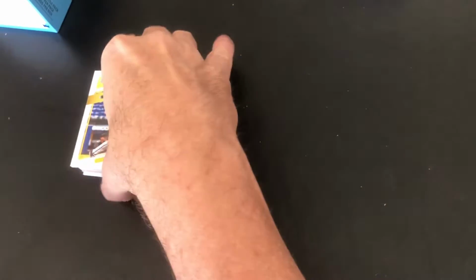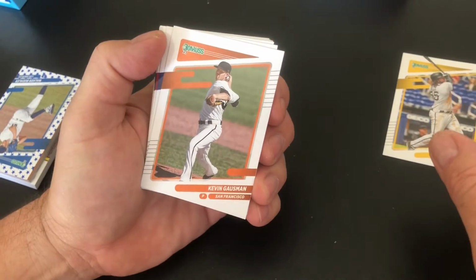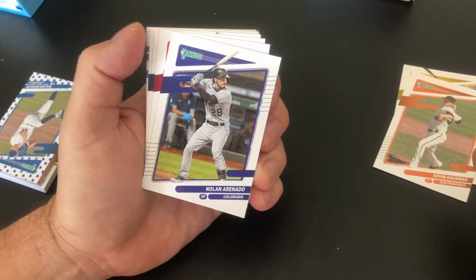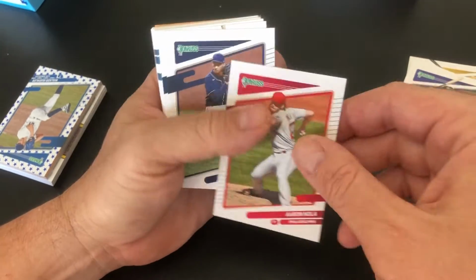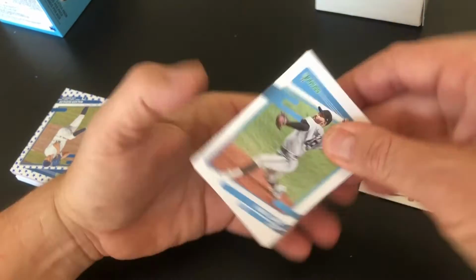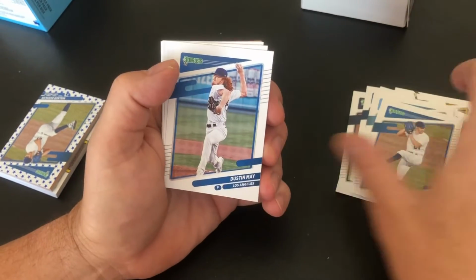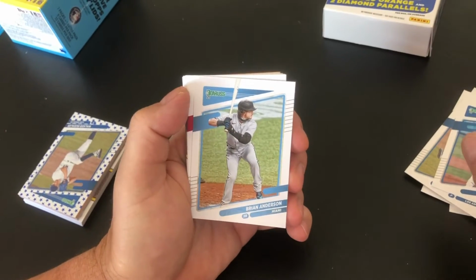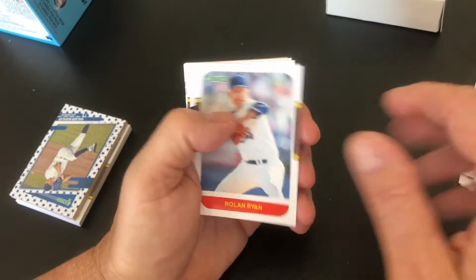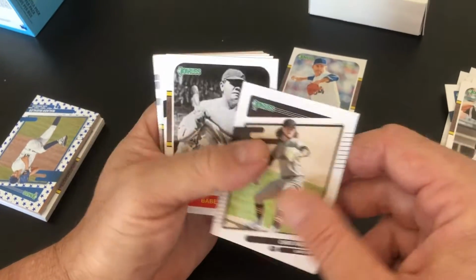So we're gonna split it in half. Go with the first half. So we got Josh Bell, Kevin Goshen, Nolan Arenado, Aaron Nola, Blake Snell, Nelson Cruz, Pablo Lopez, Walker Buehler, Dustin May, Brian Anderson, Sonny Gray, Jose Ramirez, Nolan Ryan, that right there, Shane Bieber, Paul Konerko, Chris Paddock, Babe